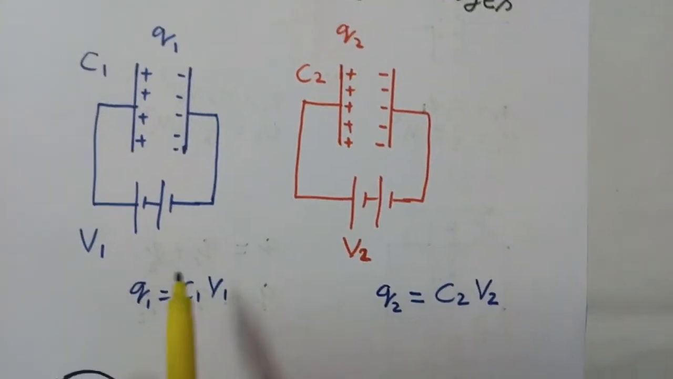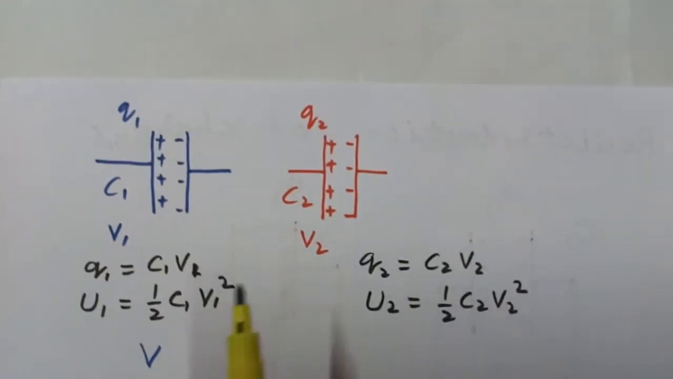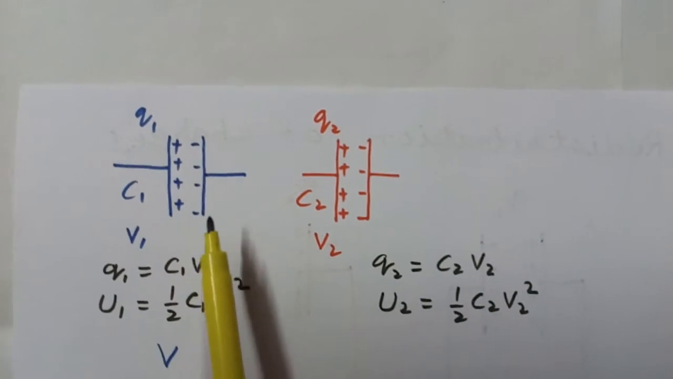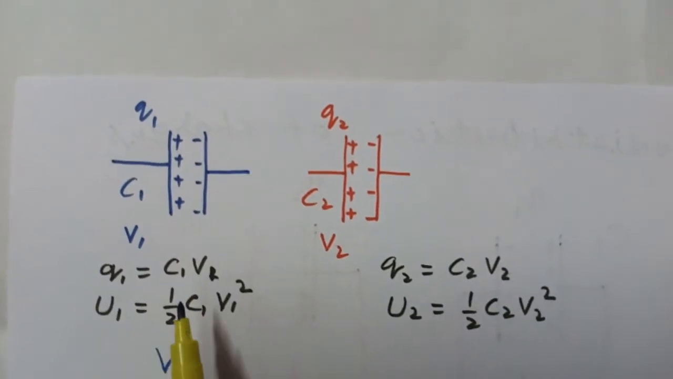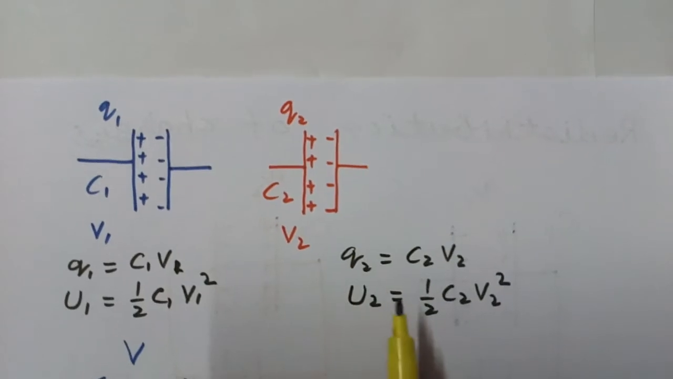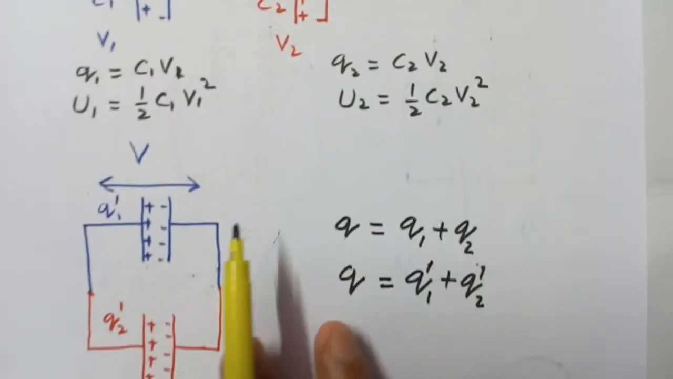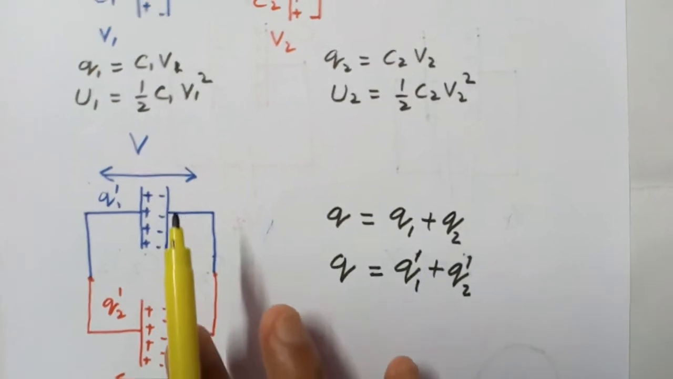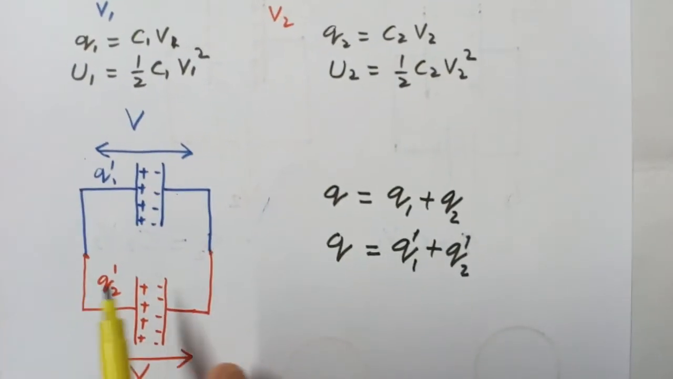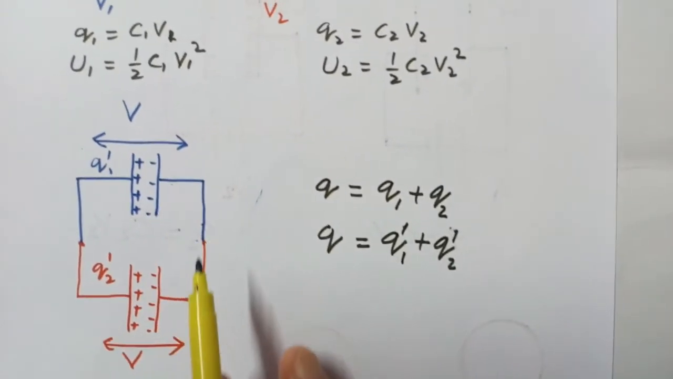Now disconnect these capacitors from the batteries like this. Now the electrostatic potential energy in the first capacitor U1 is equal to half C1 V1 square, and in the second capacitor U2 is equal to half C2 V2 square. Now connect these capacitors like this, that means positive plate to positive plate of the second capacitor